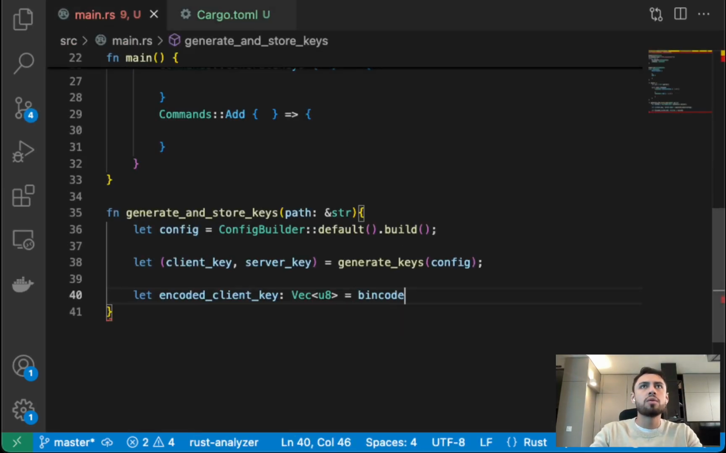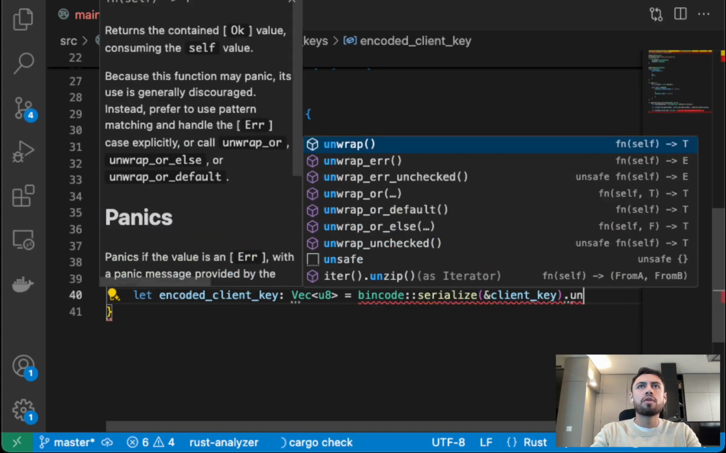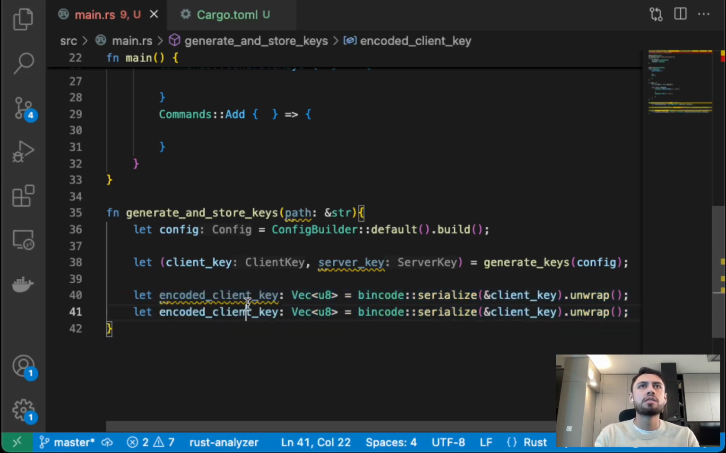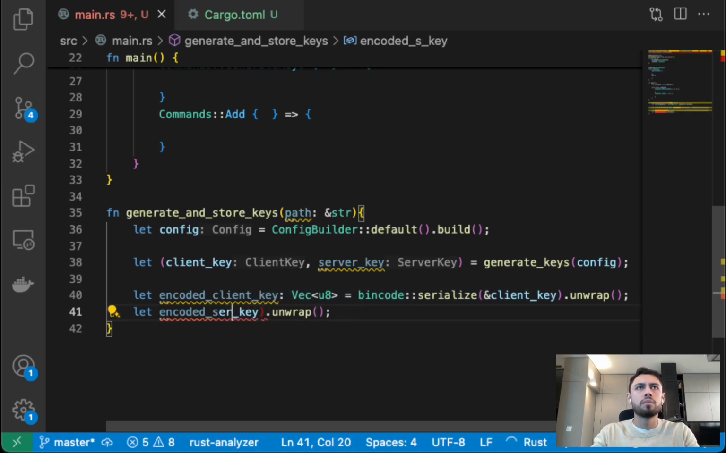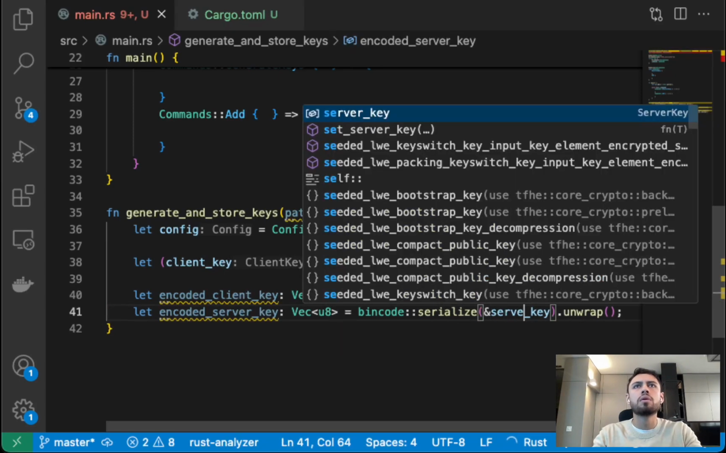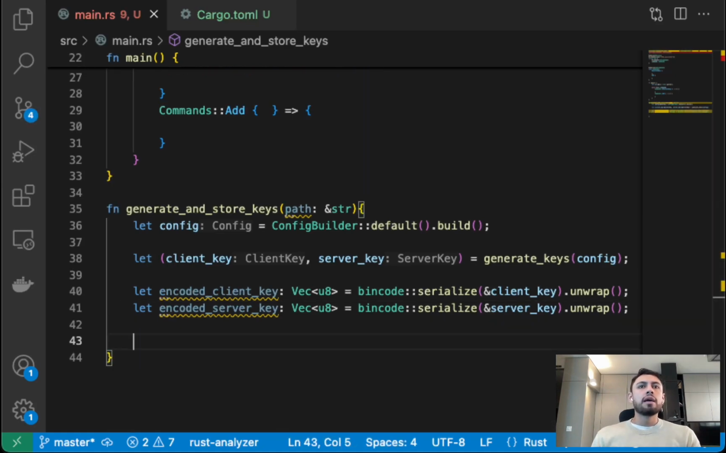So now we can use it. So it will be bincode serialize. We will serialize the client key. And we need to unwrap it. We'll do the same for the server key. Great. And where are we going to save those keys? So we are going to create